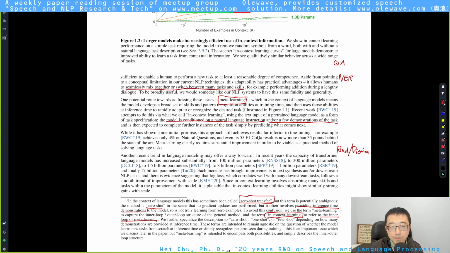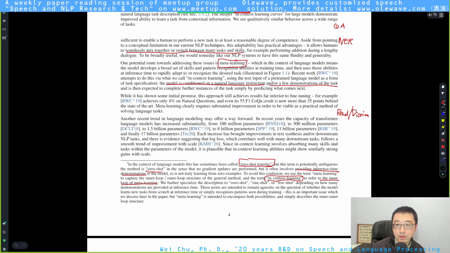Also, lately, I think the authors talk about how if you just increase the model parameters, the meta-learning gets better. That's what it meant. But it's still behind the SOTA systems a lot. Remember, these SOTA systems are fine-tuned on specific tasks rather than using one unified model for everything.